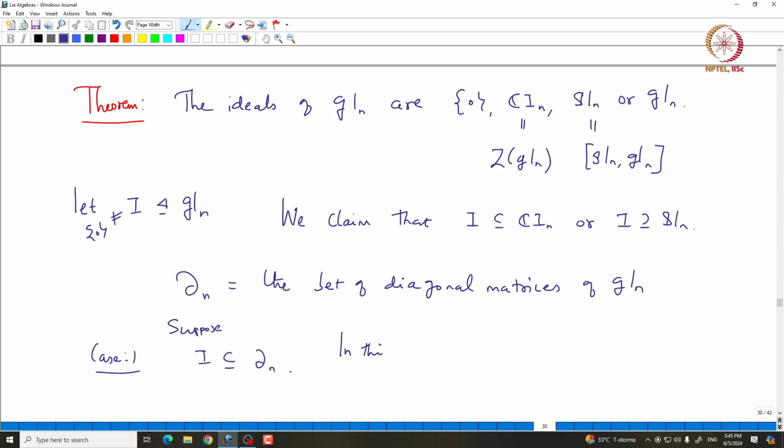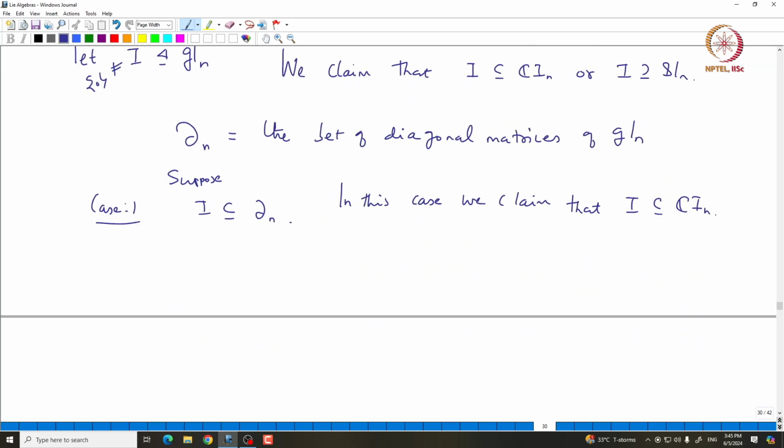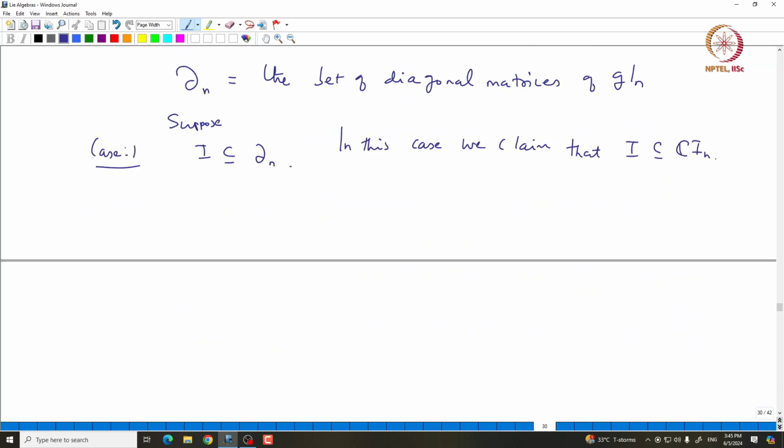In this case we claim that this I must be contained in C times identity. So, there is no other option. Okay. So, now how can one proceed? Suppose I is actually not contained in this C times identity. If I is not contained in the span of identity, then there exists some element x